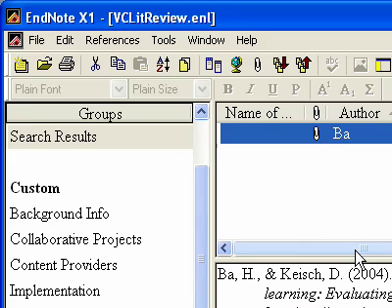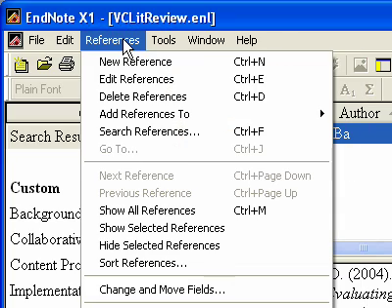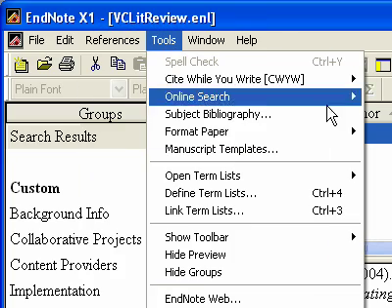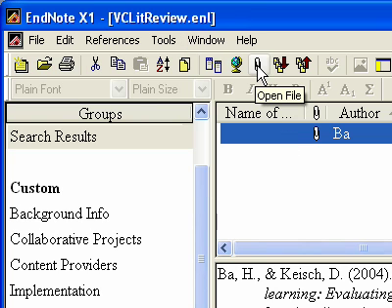Now, I showed in my other video, the first video, how I organize all of my full text, and I have a folder where I save things down into. But let's say I don't want to go hunting all over. I can actually open this attached file right here. See this little paper clip? I can go up to, let's see, where is it again? This is a really good lesson because you don't always have to know where it is, just know that you know how to do it. Here it is right here. So I can just click this paper clip